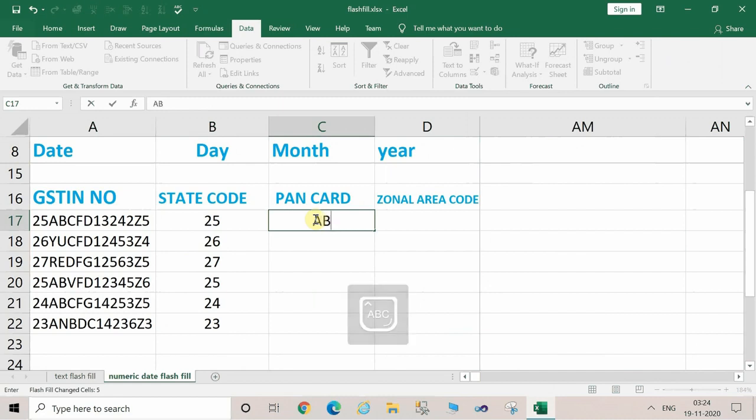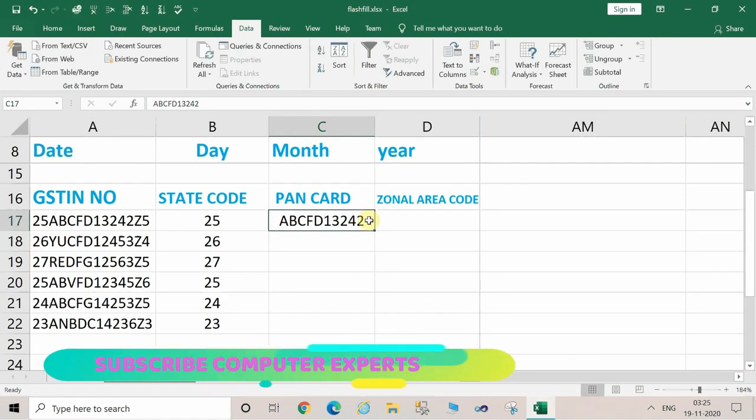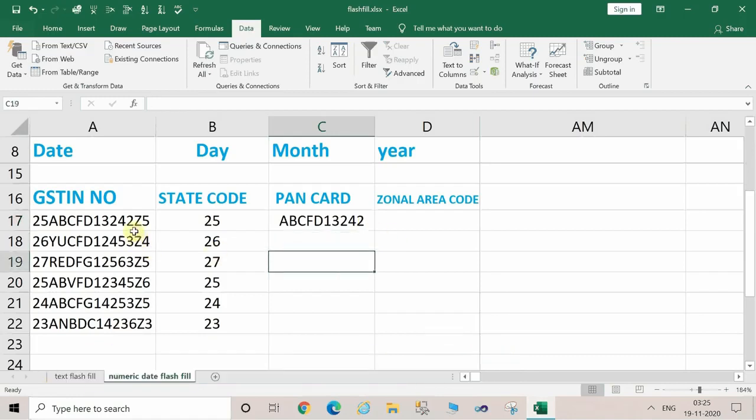Now type here manually the PAN card which is written here, and then by pressing Control E the entire column will fill up with the PAN card.